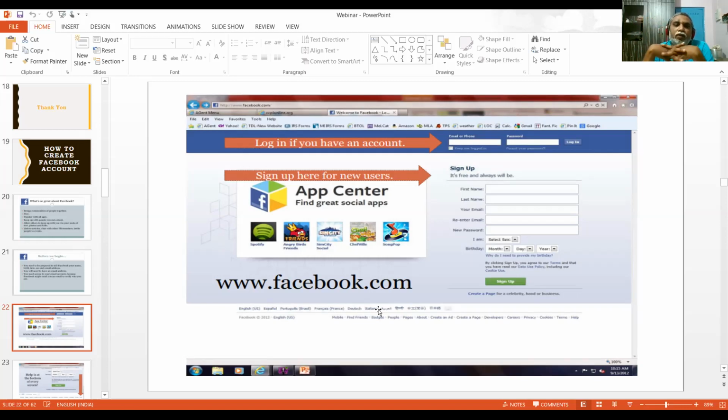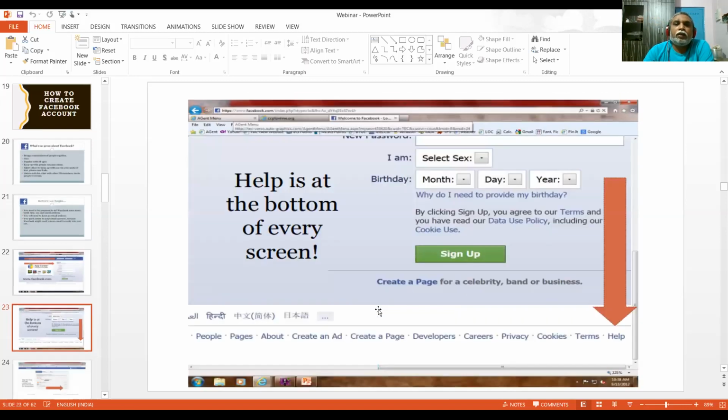If you don't have a Facebook account, then you use the sign up button. After that, you enter your name, gender, and date of birth.